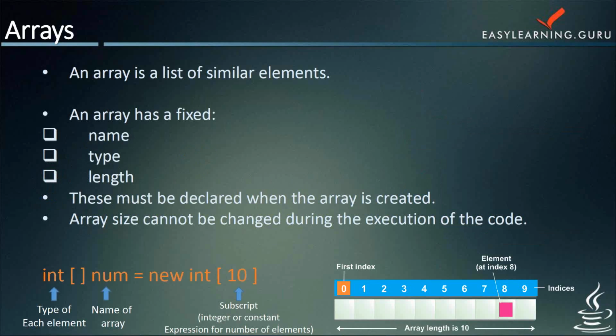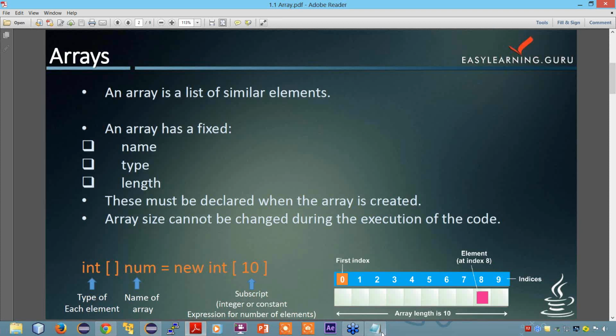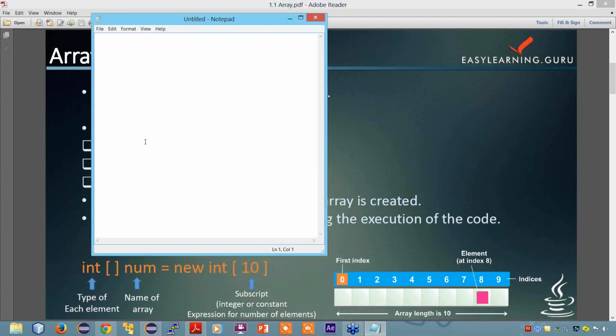Now think of an array as a column in a spreadsheet. So you can have a spreadsheet with only one column, or let's say many columns. Now, with arrays,